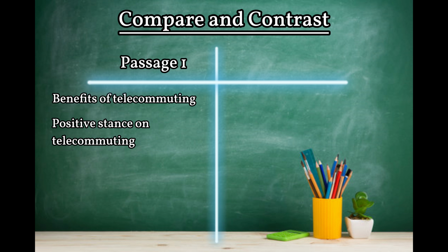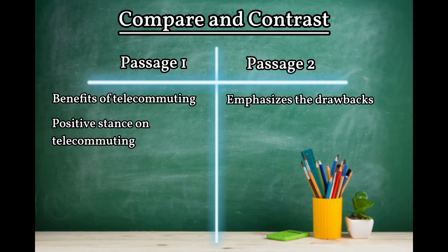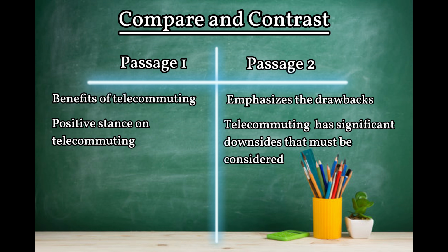In contrast, passage 2 emphasizes the drawbacks, using studies that present telecommuting in a less favorable light. The author of this passage chooses to focus on the challenges identified by the Society for Human Resource Management, which reports difficulties in managing remote workers and a decrease in team cohesion. Furthermore, by citing the Urban Planning and Health Institute, the passage highlights an increase in local traffic due to telecommuting, a counterintuitive point that contests the common perception of remote work reducing traffic. This selection and presentation of data are aimed at building a case that telecommuting, despite its popularity, has significant downsides